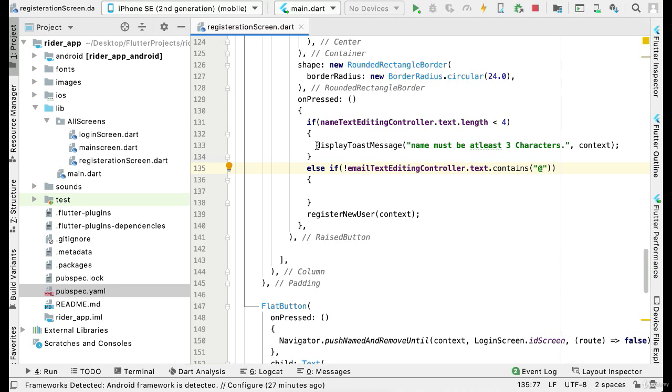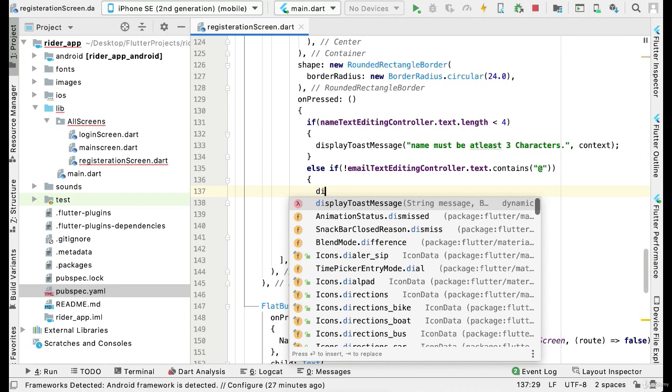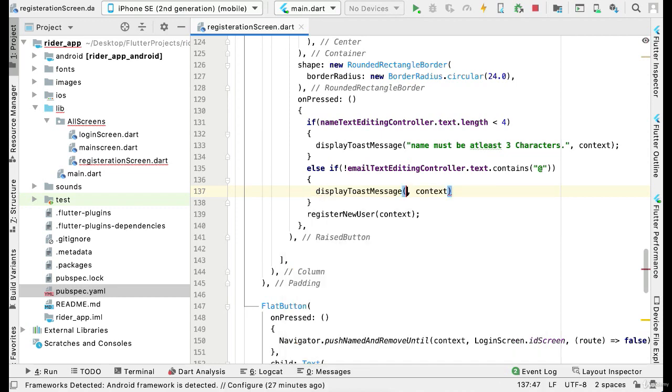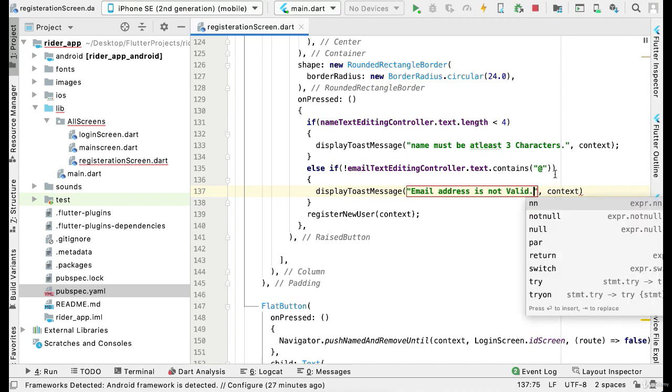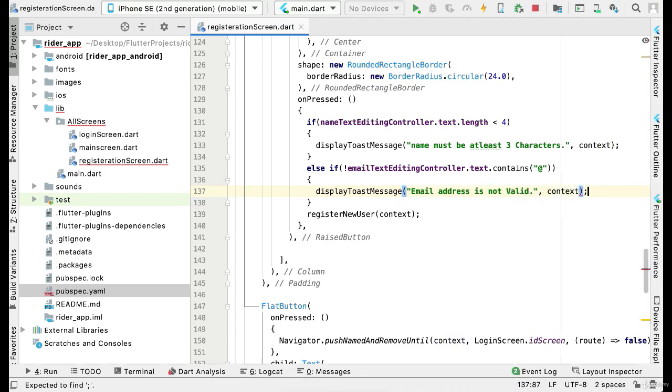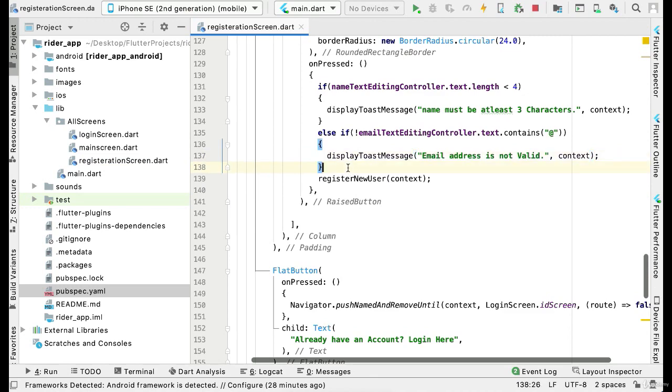So we can just call our function, which is display toast message. The first parameter that we have is the message, and we can just tell the user, hey, email address is not valid. The second parameter is the context. Make sure to put a semicolon here. After this, we can check the